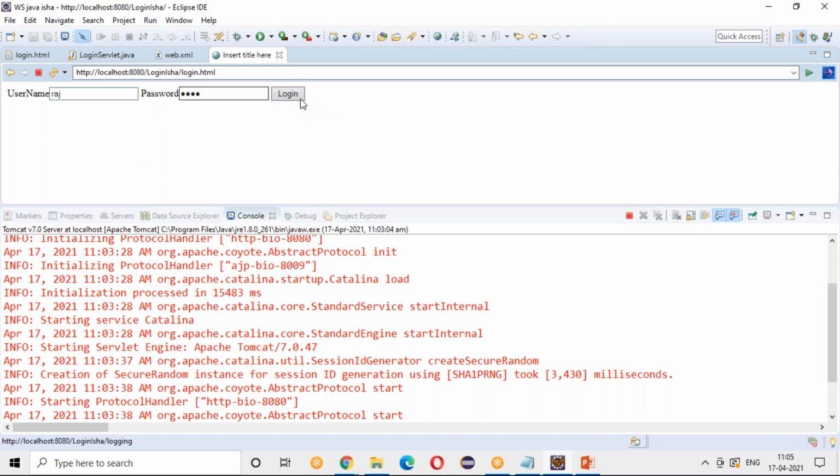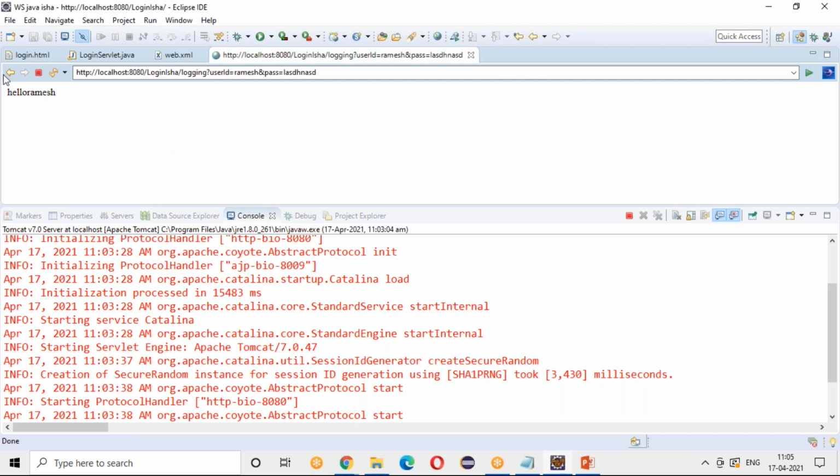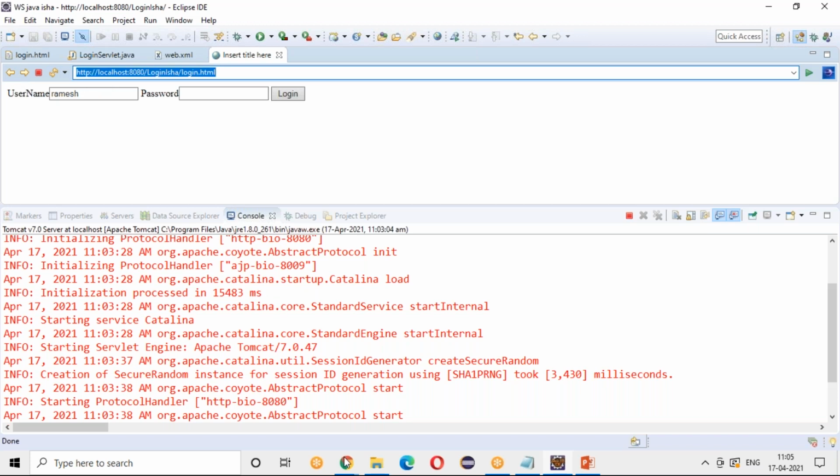It should say hello Raj. So see, it is going to the backend and saying hello Raj. Whatever name you type, it will give hello. Ramesh, some password, login. Hello. So it is going to the backend and getting the data. You can run this in your Chrome also.